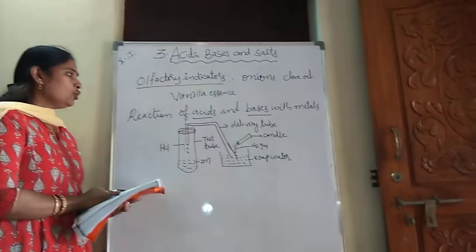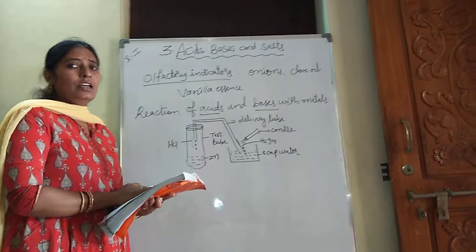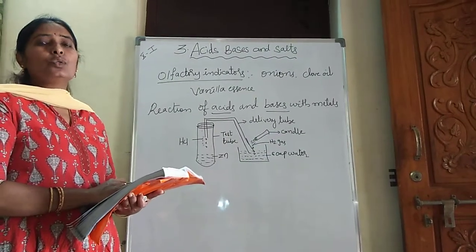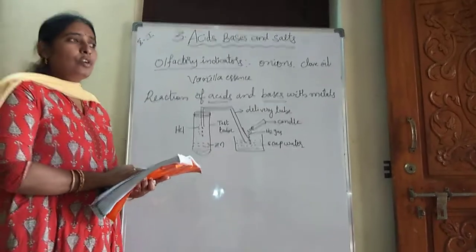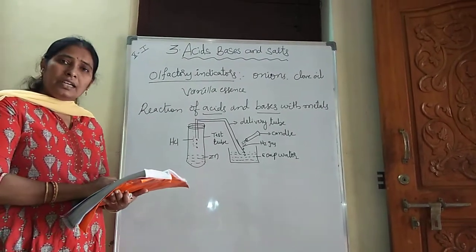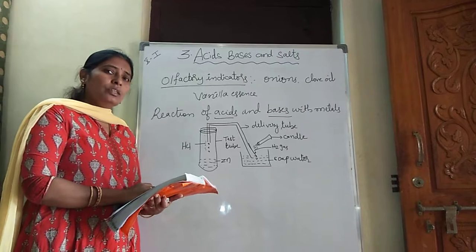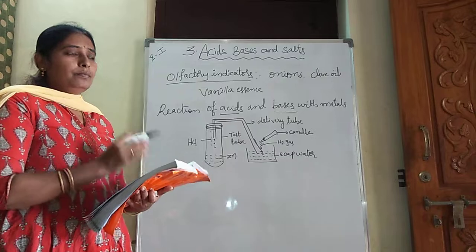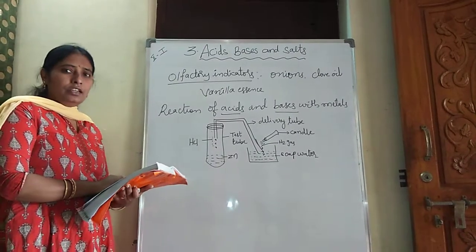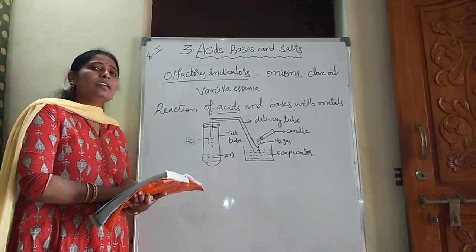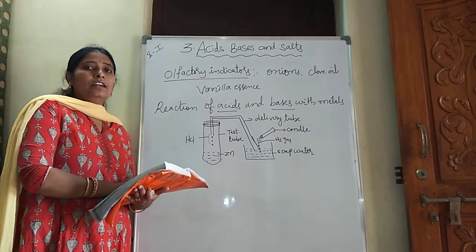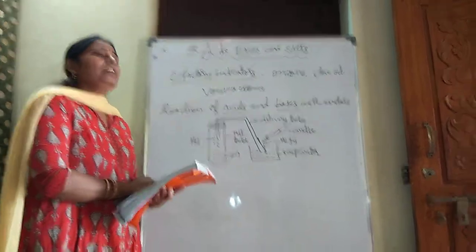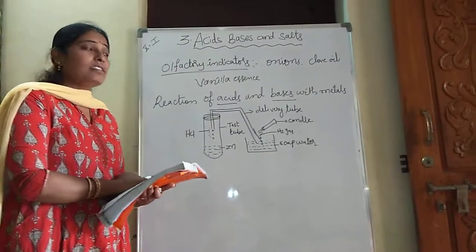Now let's move to the other topic, that is reaction of acids and bases with metals. We know very well why acids and pickles are not stored in metal containers. When you bring any acid, it is not stored in metals, and pickles too, your mother or grandmother, whoever it may be, will prepare pickles. Now it is summer, the mango season, and mangoes are preferred for pickles, and pickles should never be stored in metal containers. We prefer to store pickles in plastic or glass jars. Why? Because it contains an acid, and that acid reacts with metal.